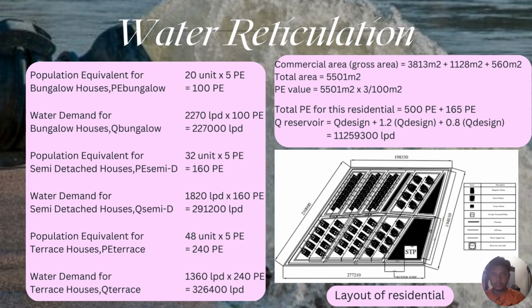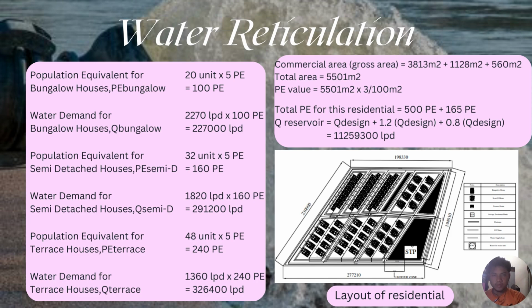In this residential area, there are three types of houses. First are bungalow houses, second are semi-detached houses, and the last are terrace houses. Population equivalent for bungalow houses is 100. Water demand for bungalow houses is 237,000 liters per day. Population equivalent for semi-detached houses is 160. Water demand for semi-detached houses is 281,200 liters per day. Population equivalent for terrace houses is 240, and water demand for terrace houses is